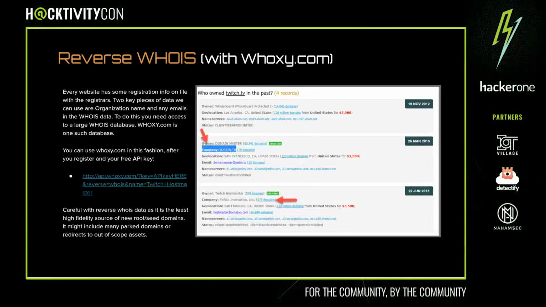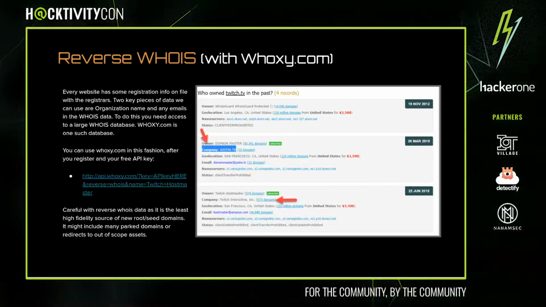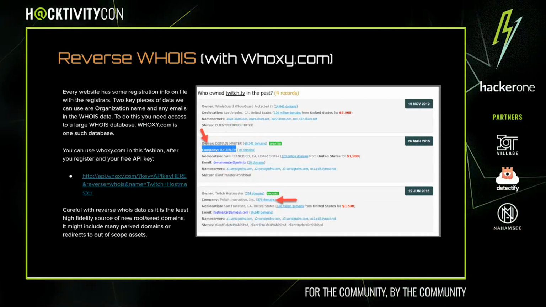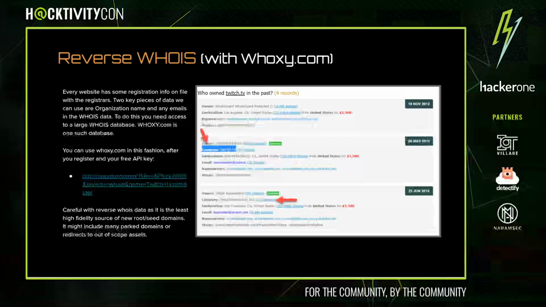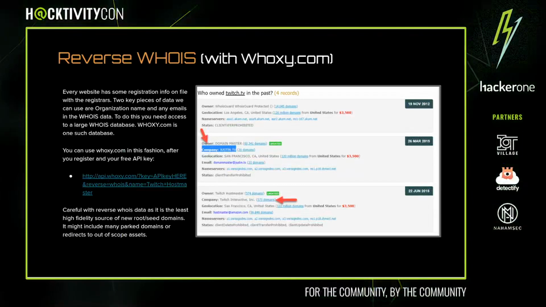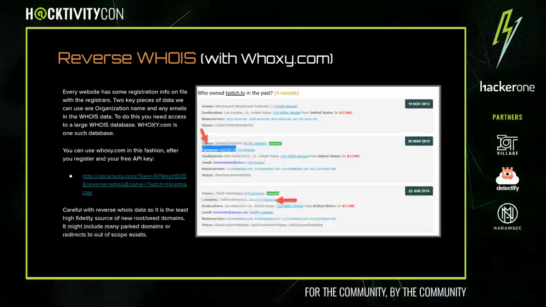But now you can click on that little link next to it, and you can see that it's changed to Twitch Interactive Inc. And there's 575 other domains that have registered with the company field Twitch Interactive Inc. There's still 20 that are registered with Justin.tv. So you can sift through this reverse whois data from these services and try to find more seed domains to